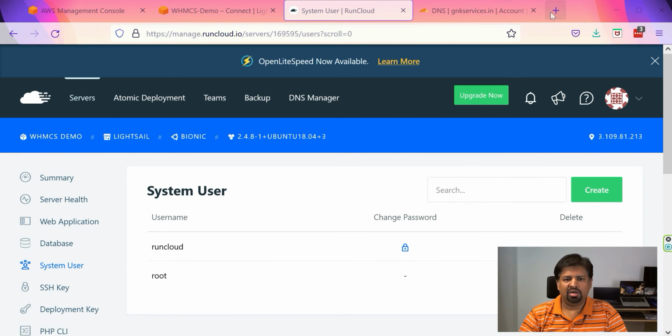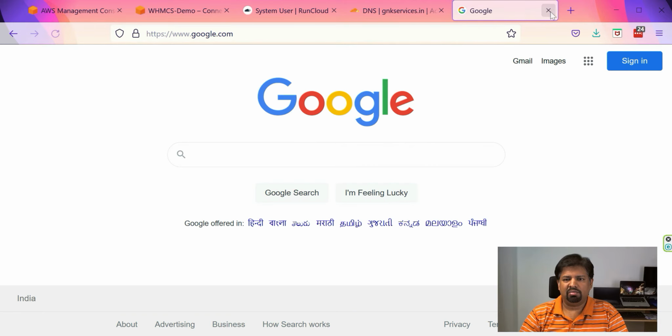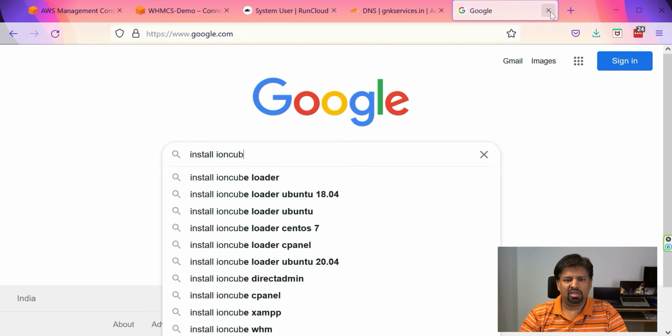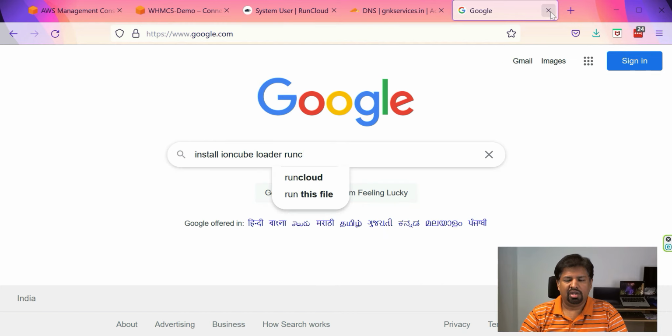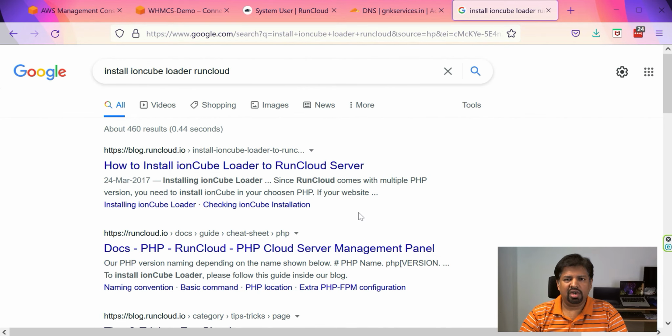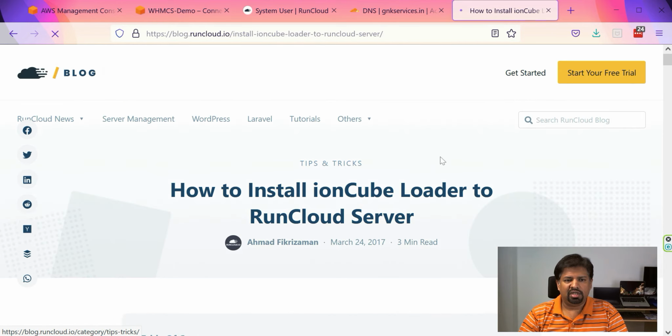While this is in progress, we will install the IonCube loader manually, which is a PHP extension. This step is required only in Nginx Apache configuration with RunCloud and not required with OpenLiteSpeed. Install IonCube loader only if the browser says IonCube loader is missing. Most of the time, you may not need this step.